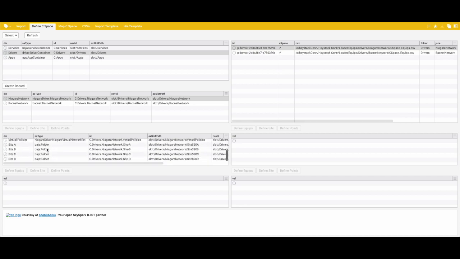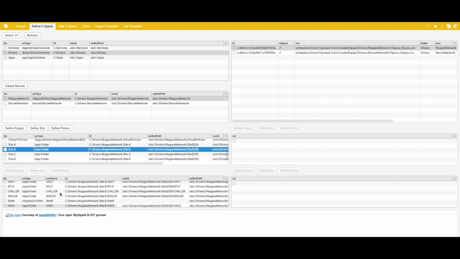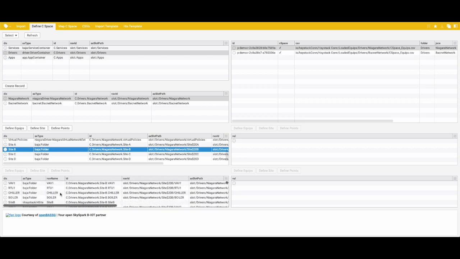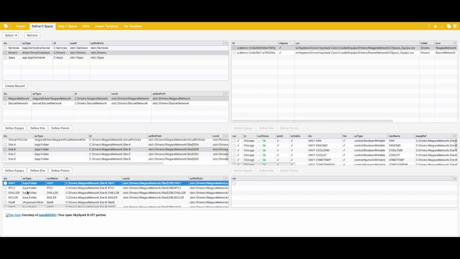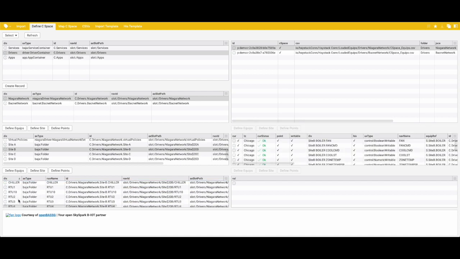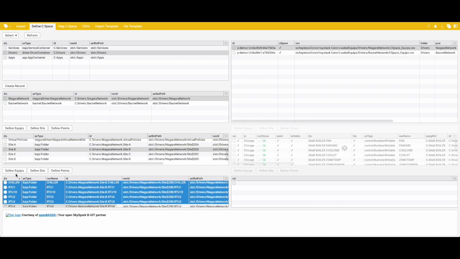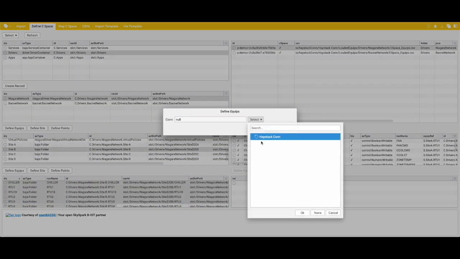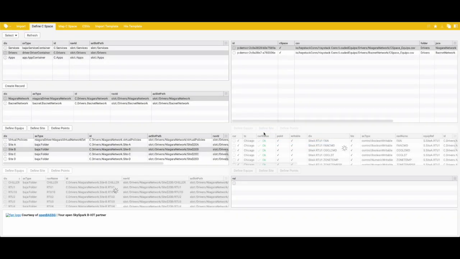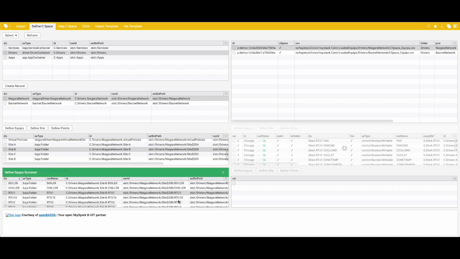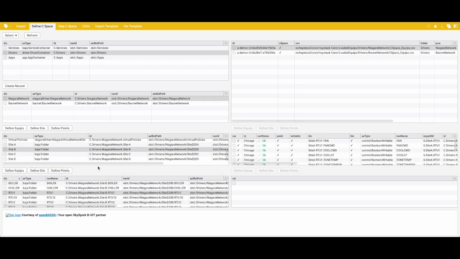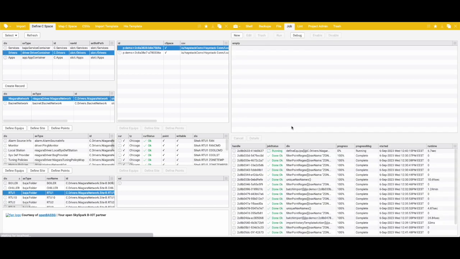So going to site B, for example, I can see all my equips here. So let's say I want VAV. Okay, let's say I want these equips. So I'm gonna define equips, then select the connector. Okay, it's gonna run a job, and